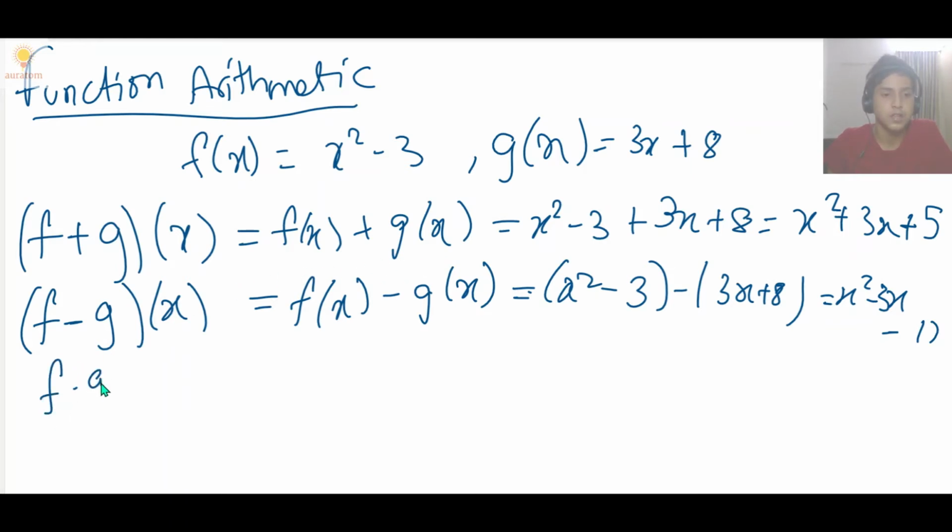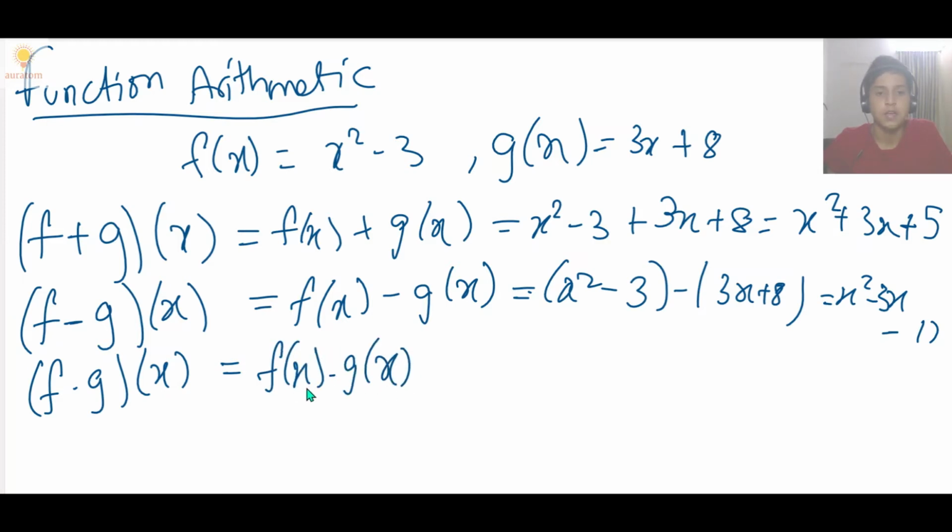Now let's move on to the product of two functions, f of x and g of x. f into g of x, the combination that we get by multiplying these two functions, is just going to be the product of the outputs, I mean the product of f of x and g of x. f of x and g of x are the outputs, right? So the product of the functions f and g is going to be f of x into g of x. So it's going to be (x squared minus 3) into (3x plus 8), which is